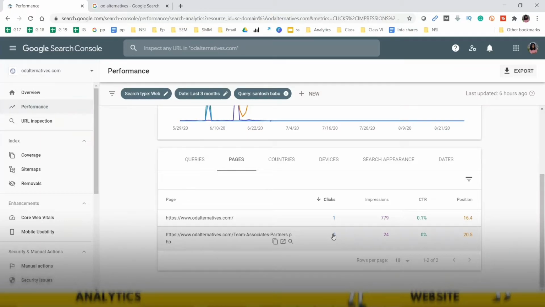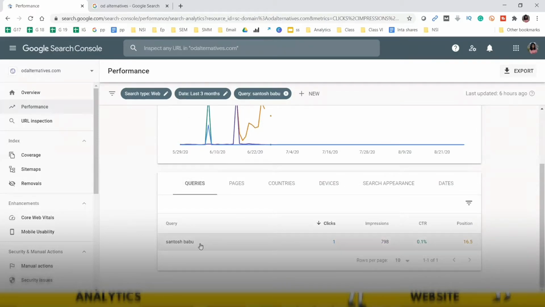See, Search Console is going to tell you the data, but insight generation, as we discussed in the previous session, is supposed to be done by you. And it is extremely important that when we are getting so much information, we know what is to be done through that information. So in this case, the insight is that the brand name is getting a lot of searches, but not a lot of clicks. Why? Because it's appearing on the second or third page of Google, and nobody goes on the second page to look for information.